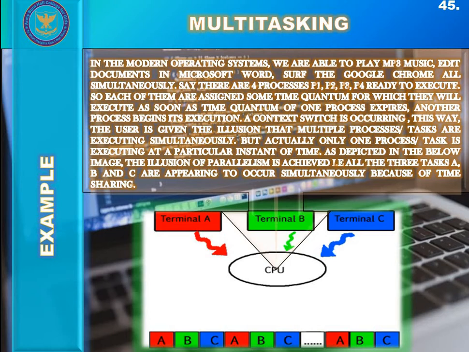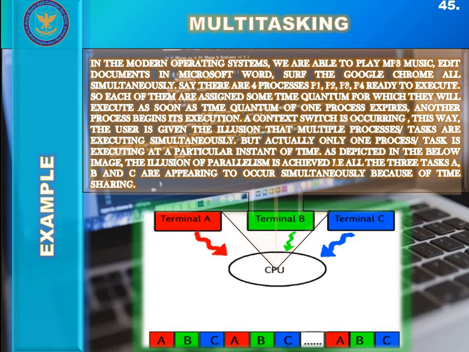In a more general sense, multitasking refers to having multiple programs, multiple processes, multiple tasks, multiple threads running at the same time. This is used in modern operating systems when multiple tasks share a common processing resource. So these multiple tasks can share the CPU time like quantums. They can also share the memory, like all the multiple tasks are loaded into the RAM. So that's why we can say that all the multiple tasks are sharing the RAM space.